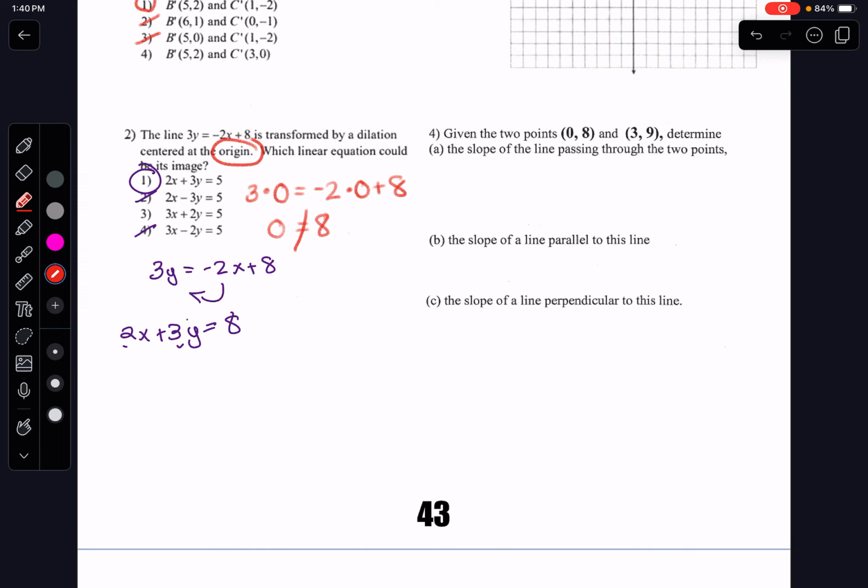So given the 2 points, first find the slope. So difference of y over difference in x, which gives me 1/3. The slope of a parallel line is 1/3. Perpendicular, negative reciprocal, which simplifies to